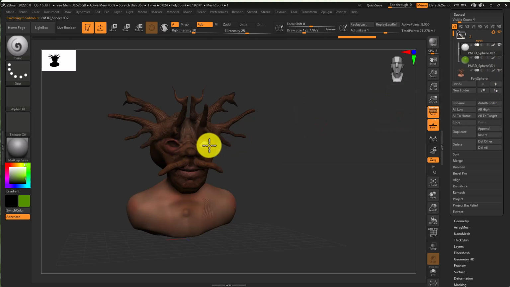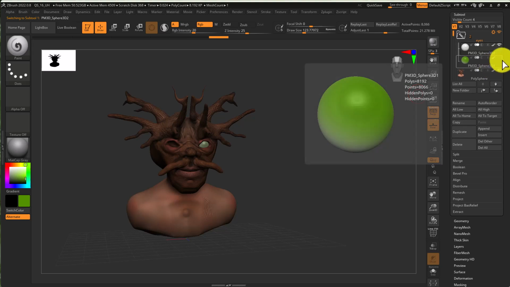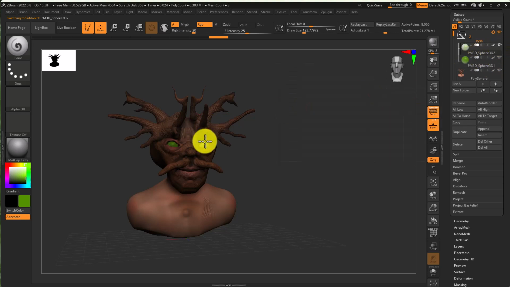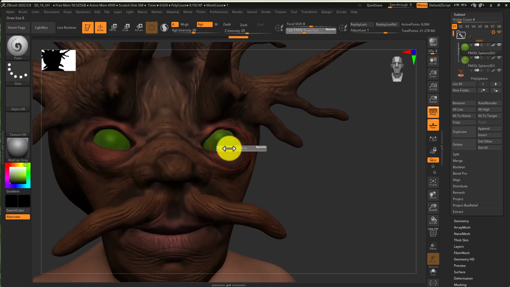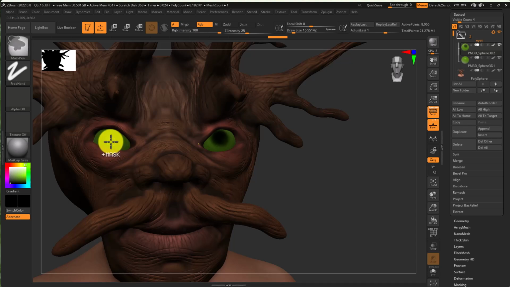And I paint the other one too. And I'll do the eye socket in the pupil. Of course, this is not like the standard detail, but